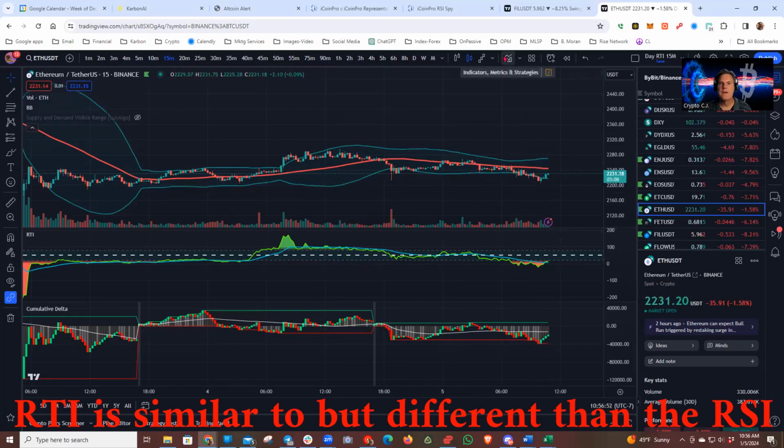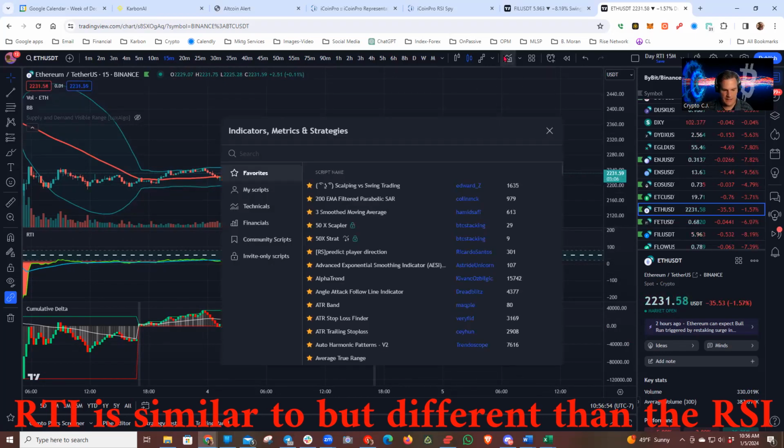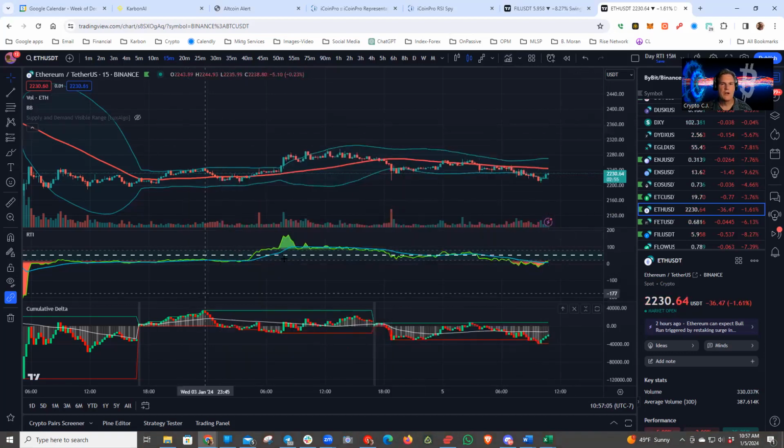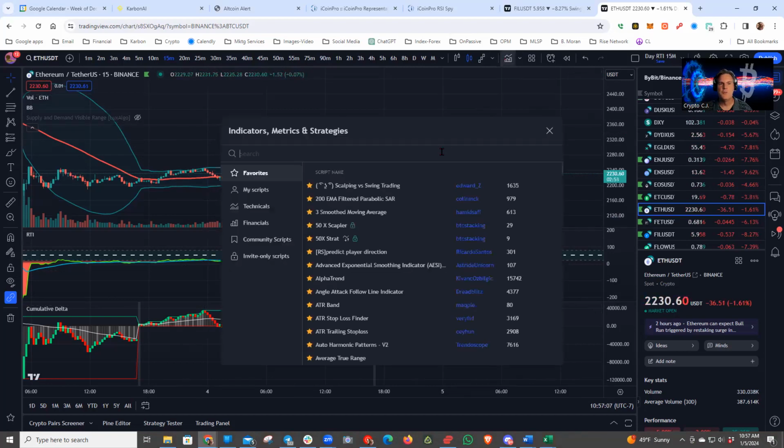You can find those up here on the indicators. They're free. Type in RTI. It's Relative Trend Index by Zierman. Click that one, and that will go ahead and set that up on your chart. And your cumulative delta